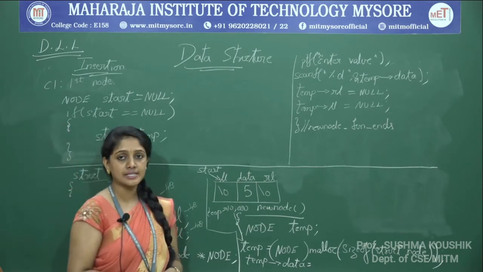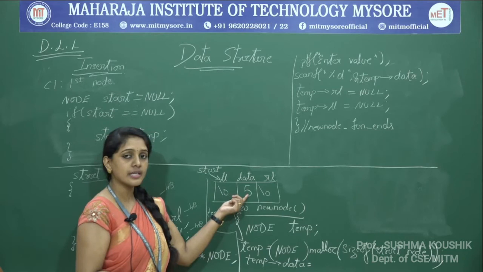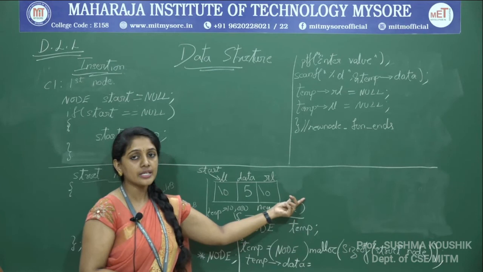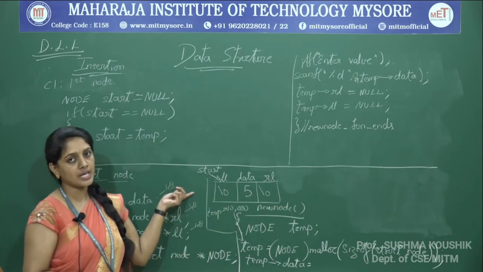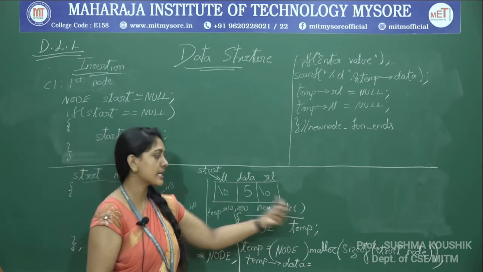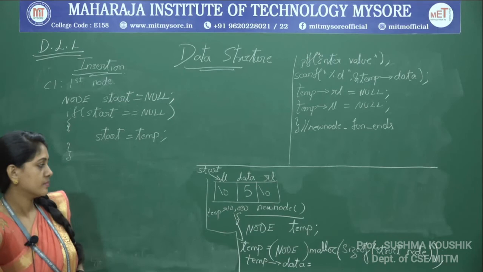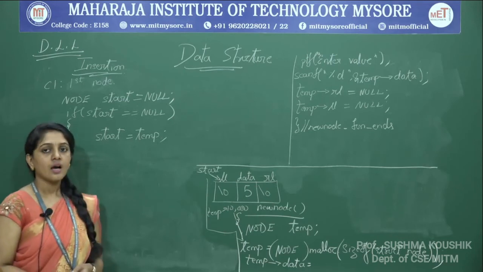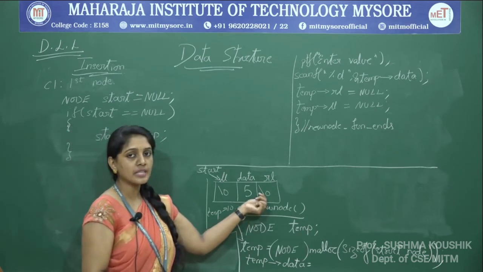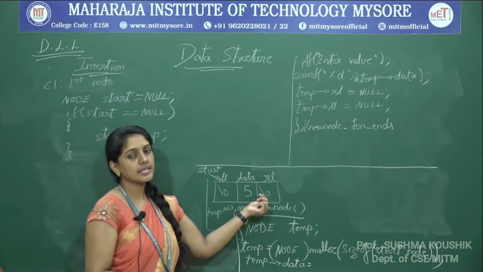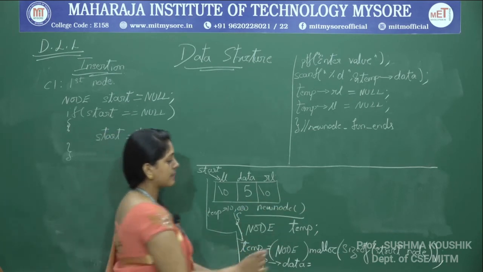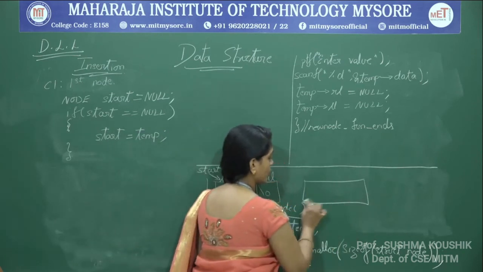Now I have to make a decision: should I insert the next node after this one, that is the rear insertion, or should I insert it in front of this, that is the front insertion? In this scenario we shall take the rear insertion for the second case. How do I proceed? How do I get to know where I have to insert it? When I find that RL of that particular node is null, then I will know I can insert over there. So the next time when I call this, temp has given me one new node,